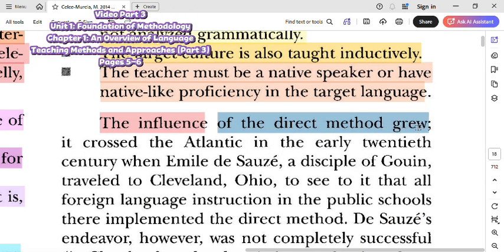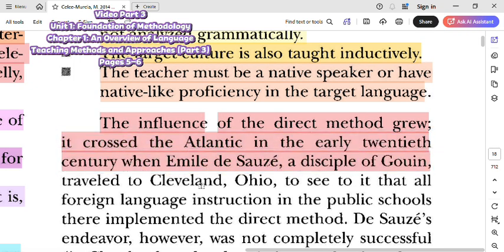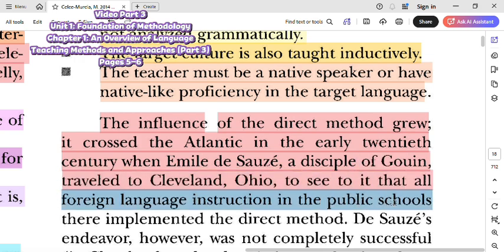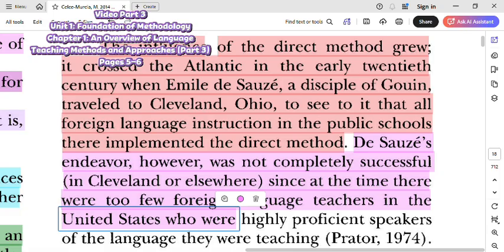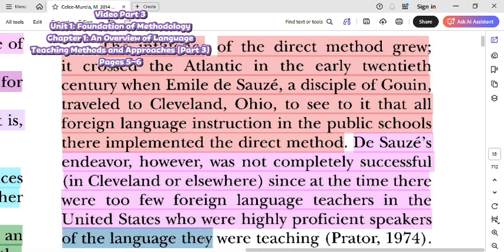The influence of the direct method grew. It crossed the Atlantic in the early 20th century when Emile de Sauzé, a disciple of Gouin, traveled to Cleveland, Ohio to see to it that all foreign language instruction in the public schools there implemented the direct method. De Sauzé's endeavor, however, was not completely successful, in brackets, in Cleveland or elsewhere, since at the time there were too few foreign language teachers in the United States who were highly proficient speakers of the language they were teaching. In brackets, Prator,